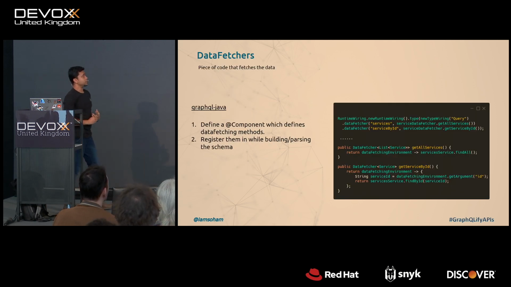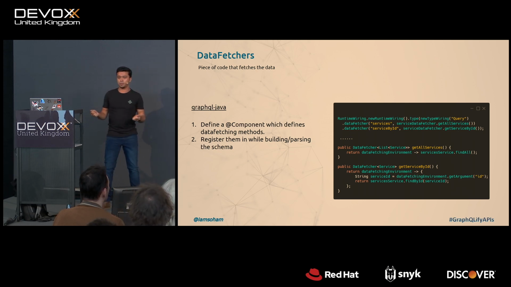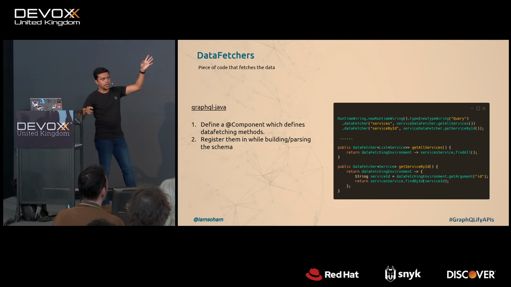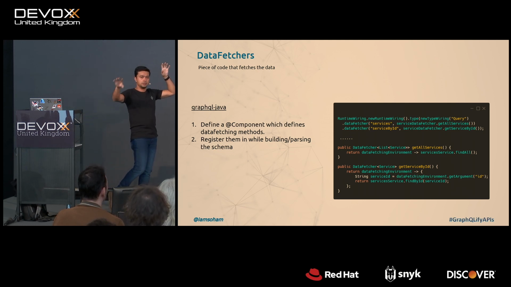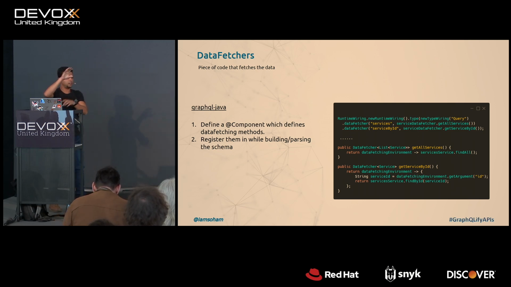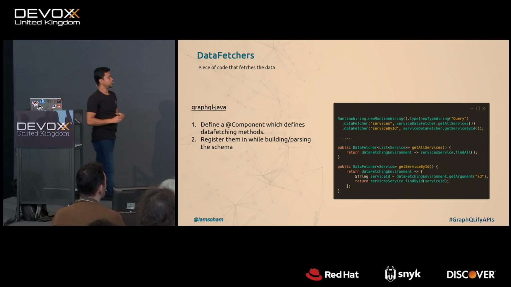So what is a data fetcher? In very simple words, the piece of code that is getting your data back from the backend. Just a reminder, this is not the relational data. So if you have a provider which has services linked, or a service which has a provider linked to it as a foreign key, it is not for retrieving the provider, but only the service. The related entities are loaded by another component. Why? I'll come to that as well.